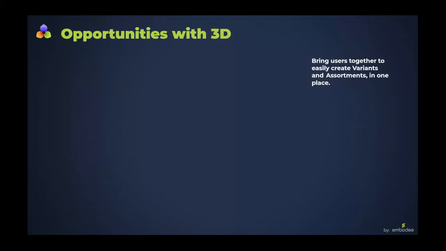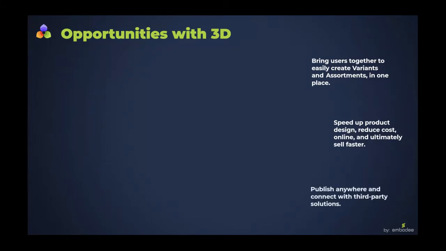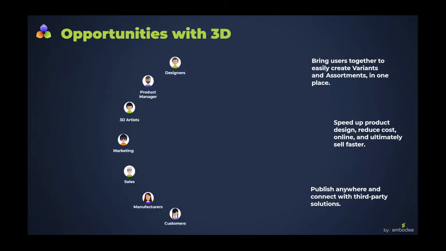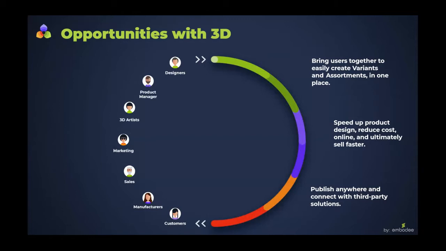So to allow you to create variants and assortments as a team in one place, no matter where the content is coming from, speed up your product design, bring 3D online to any person, whether they know 3D or not, making it an amazing experience beyond the valid, amazing use case of the 3D desktop license, and then publish it anywhere, making it something that works on the cloud, whether you want to share it with assortments, 4K images, on your website. All those areas are things you can actually achieve by any of the individuals that you see there in this circle, whether it's a designer, the merchandiser, the marketing person, even your customers can interact with the platform.